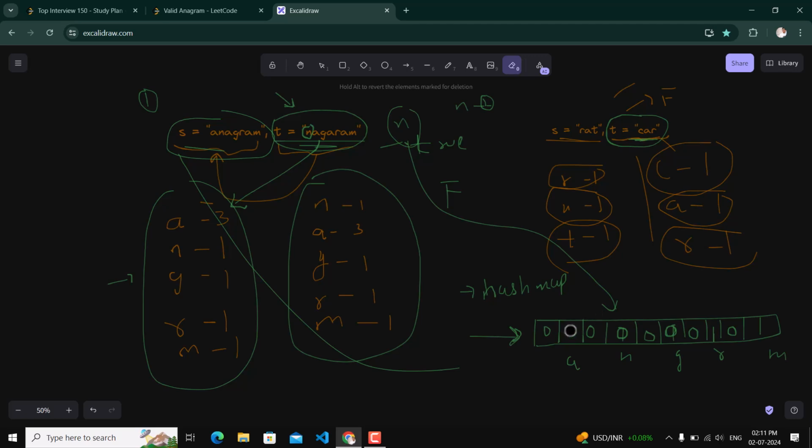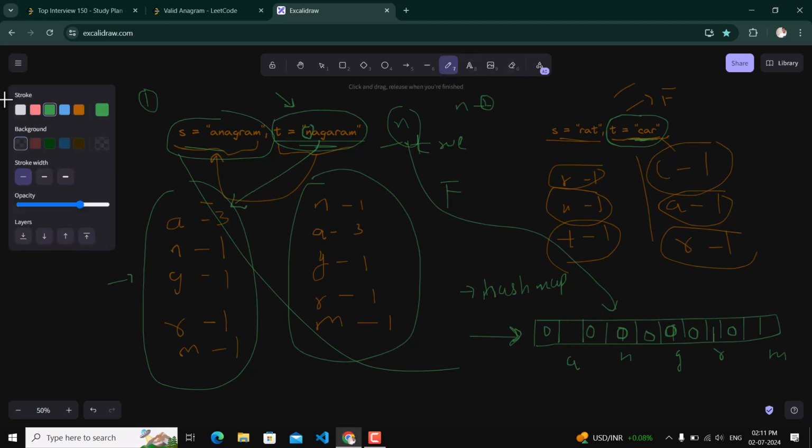Then r, so r becomes 0, then again a, so a also becomes 0, then m is 1, so it will become 0. So while traversing this string, we did not find any character whose frequency is already 0. So at last, after traversing this string, we can say that yes, it is an anagram and we will return true.